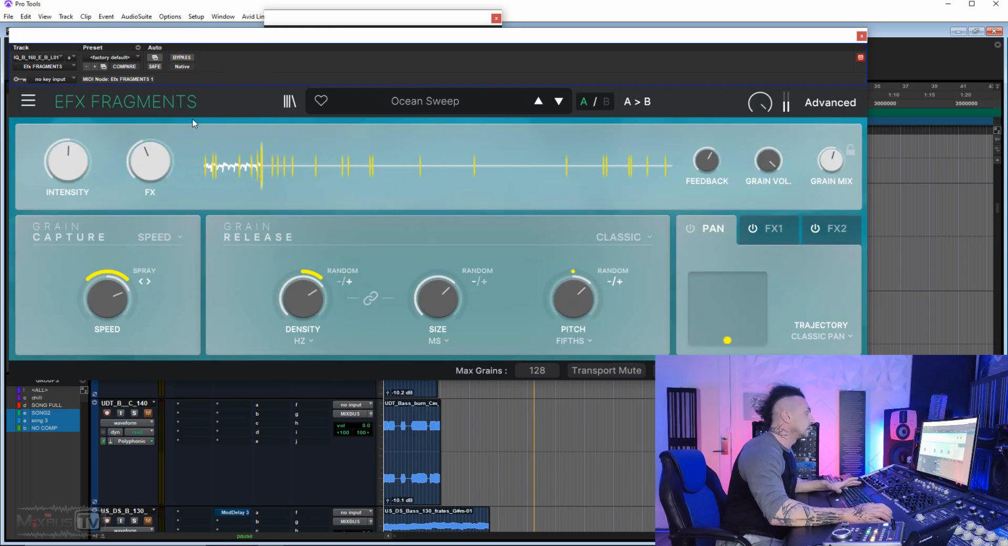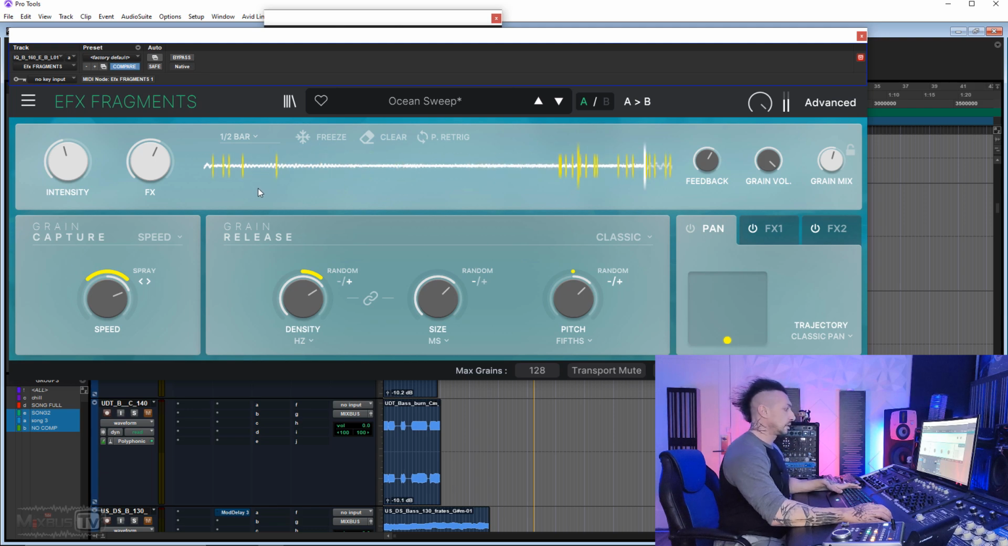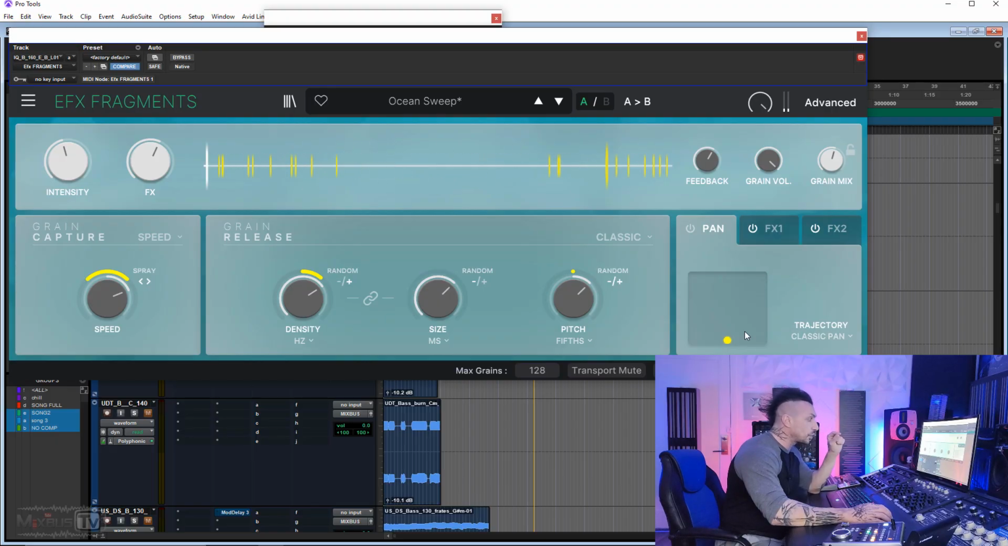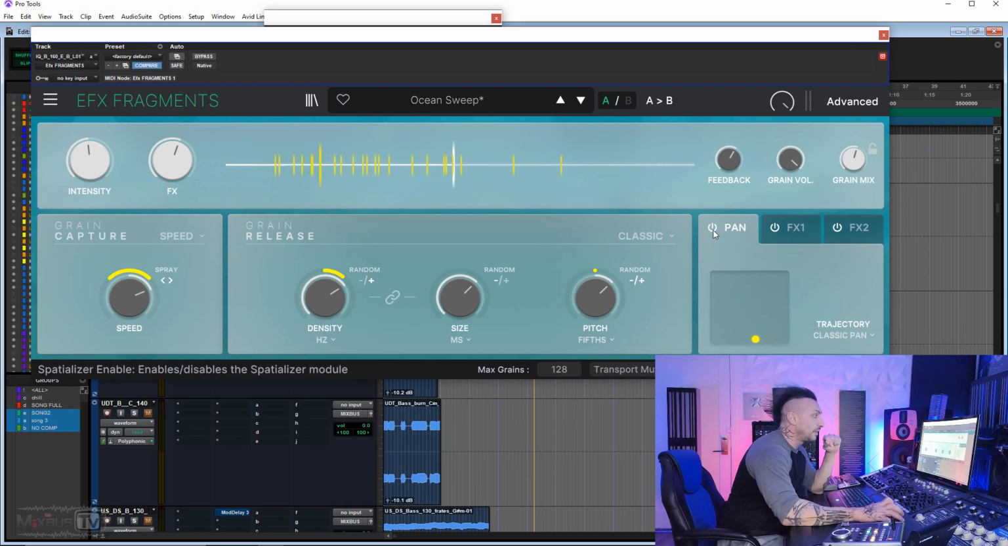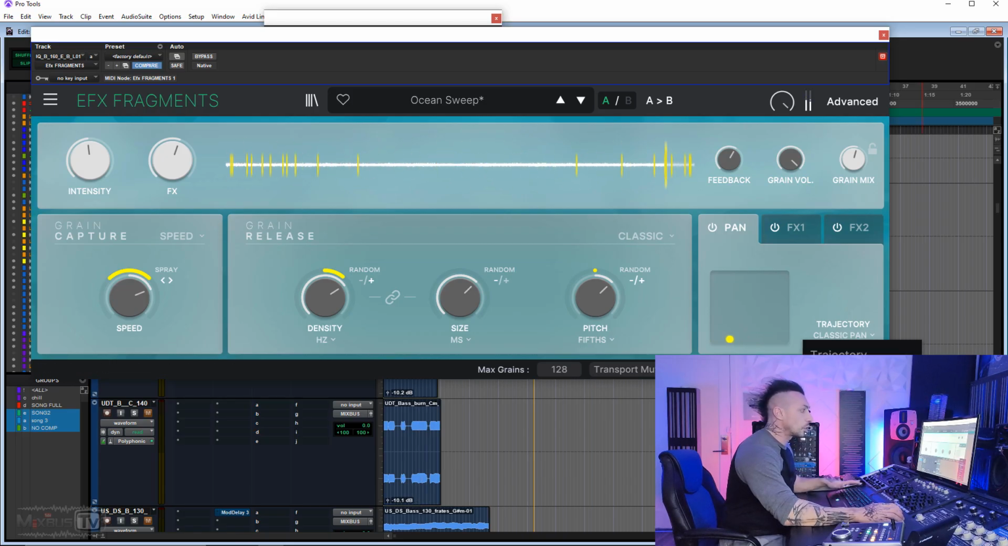and I add this, really cool texture, but one of the features that I like the most about this plugin is this trajectory panel. If I engage the pan, you can see this one is classic pan and it just pans left and right. But if I switch to boomerang or circle,